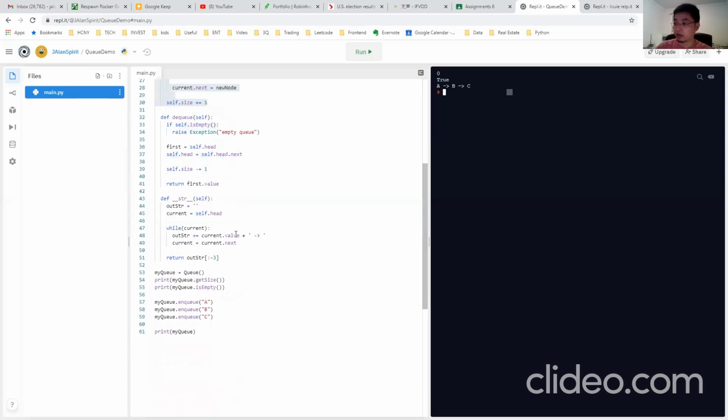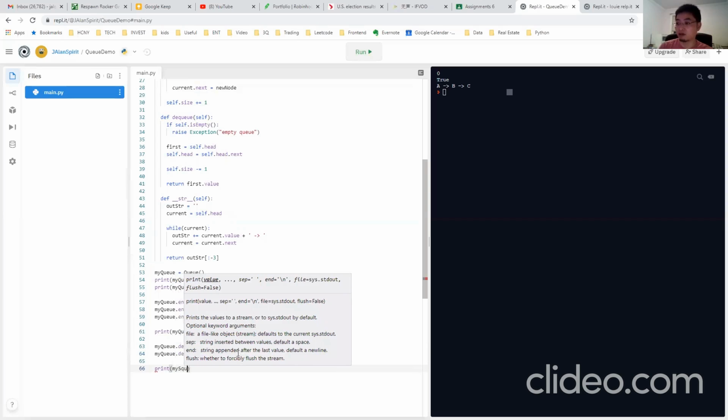Okay. So now this continues with my q.dequeue, where we have q with 3 values, right? So now with the q, again, q is a function without any parameter. And then my q.dequeue. Okay, I dequeue 2 times. Okay, Victor, now if I say print my q, what do I get?